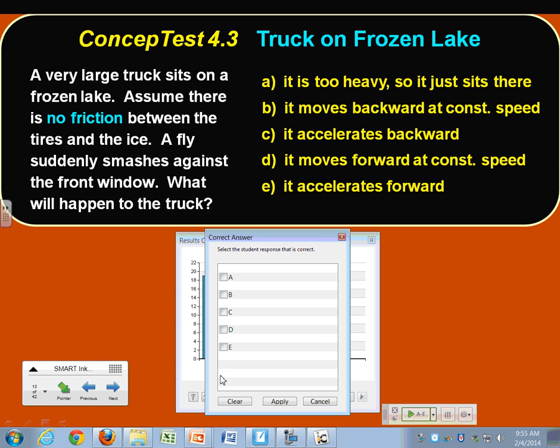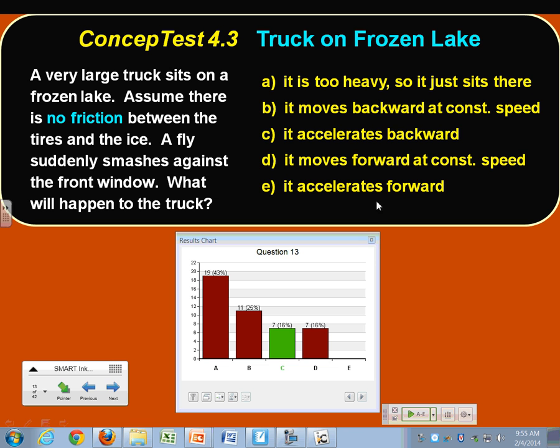Now, the answer is C. I'm just going to tell y'all. It's applying a force to the truck. It's a really small force, right? But if you truly have no friction acting upon the truck, then it's going to accelerate backwards in that instant that the fly